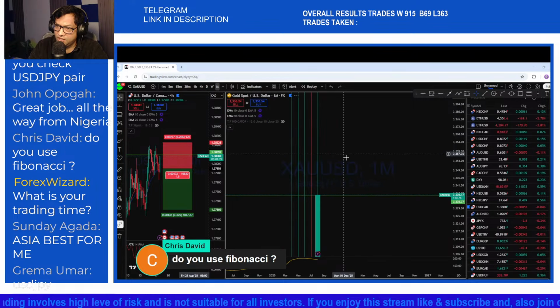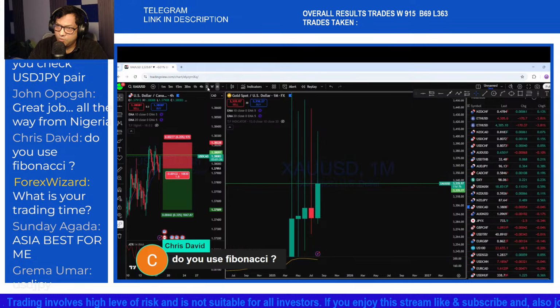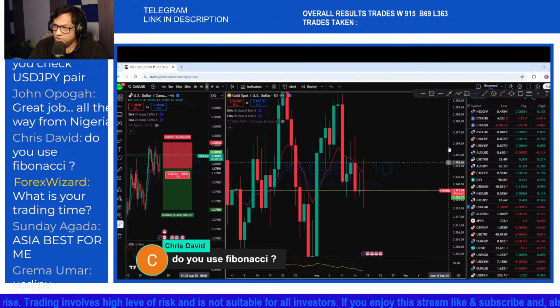If you look at the monthly here, you can see the market showing the same way. If you look at the daily here, you can see there is a daily